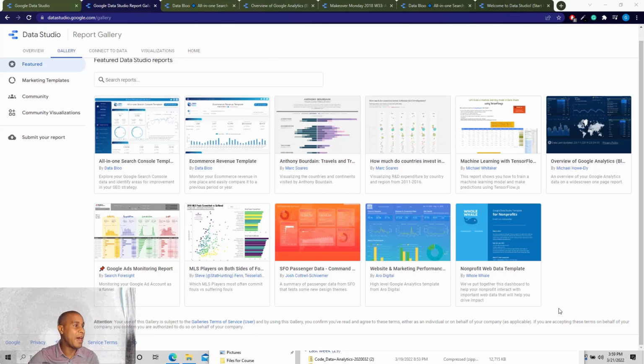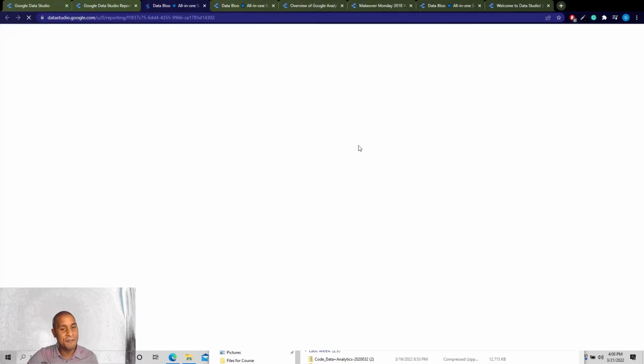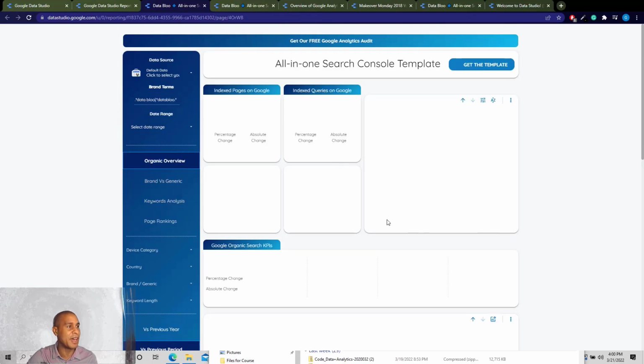So we have a website that is provided by Google that gives us a gallery of different dashboards that are created. I'm just going to click on one. It's not the fastest load, and this is one of the issues with the product. It's not slow, but it's definitely not as fast as some of the other products out there. So we're looking at a Google Analytics